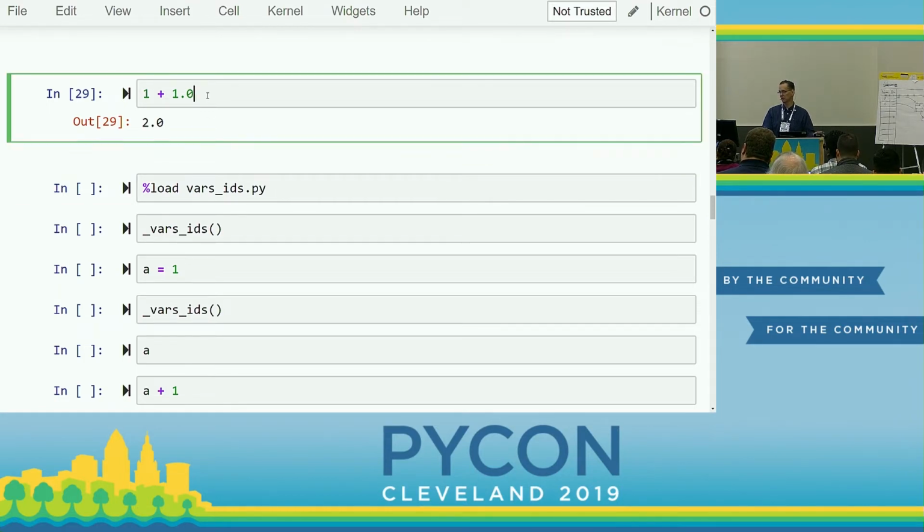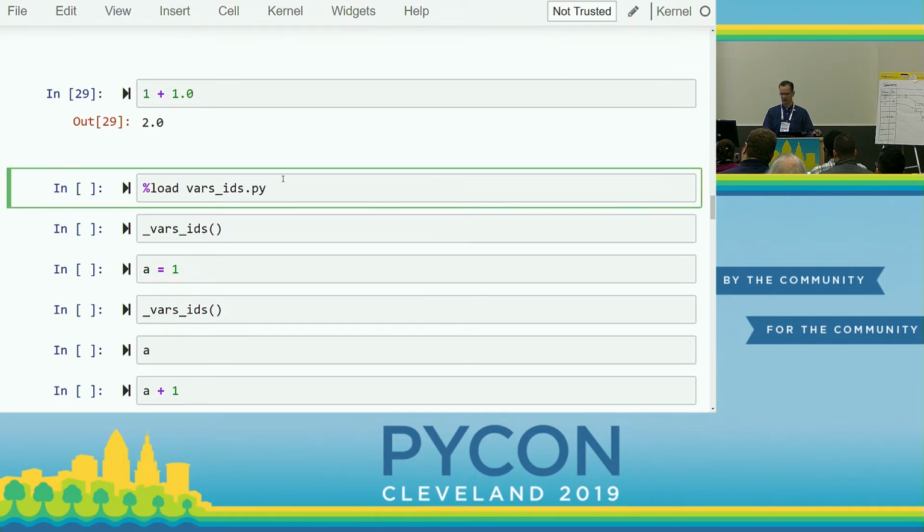So here what it's doing is, the integer object, if you call its dunder add method, and you pass it an object which is a float, the integer object knows how to add those two together. And it says, oh, I can do that, and I'll return a float. Okay, and